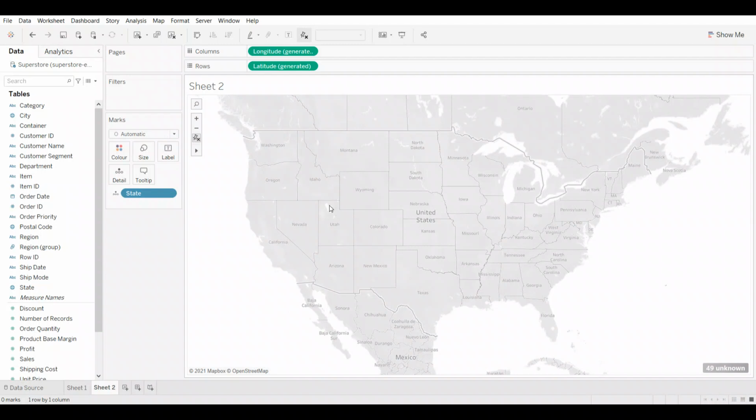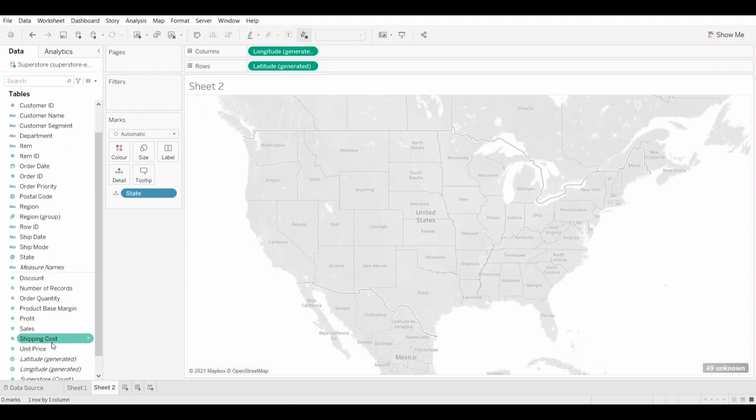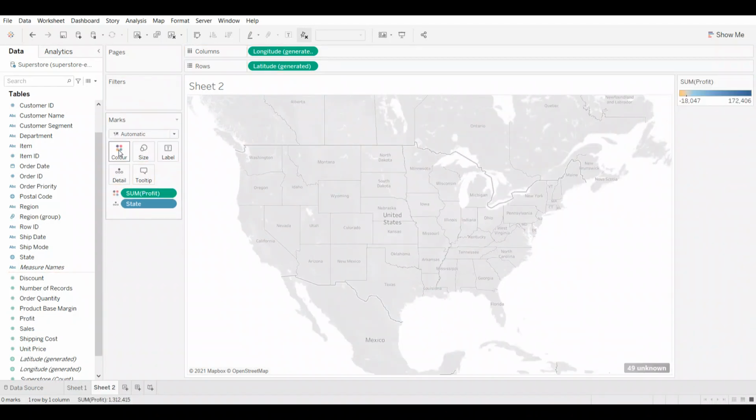All right, so now we would like to create a filled map. How would you create a filled map? This map is not filled with anything. There are no colors in there. So you need the measure for that. So I'm going to take, for example, profit, and I can just drag the profit and drop it in the color. So as we can see here, taking the sum of profit into the color